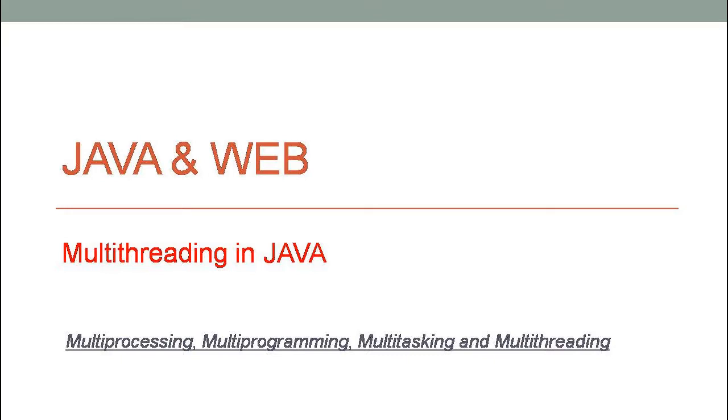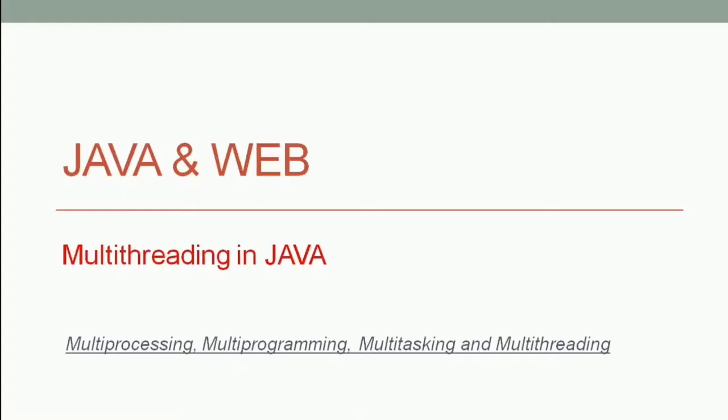In the previous video of this session, we learned the concept of process. And we know that by dividing a process into more processes, the overall execution time of a given process gets reduced. And we also know that dividing a process into various other processes consumes lots of resources. That's why in this video, I am going to introduce you to the concepts of multiprocessing, multiprogramming, multitasking, and multithreading.